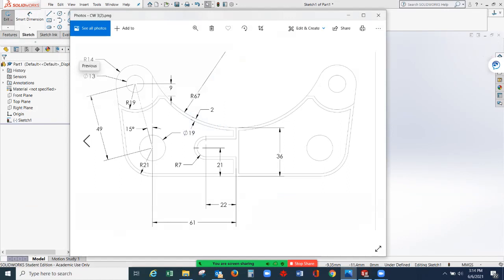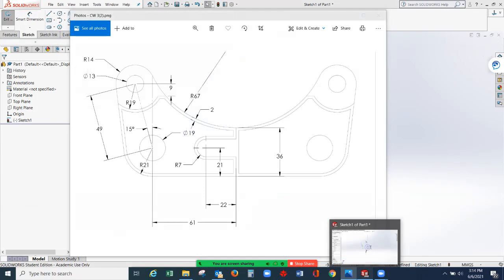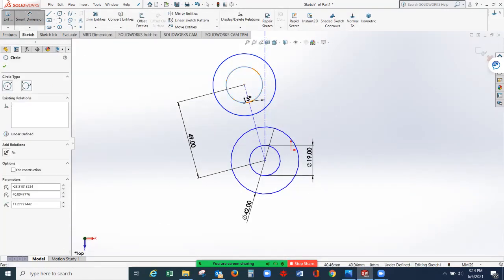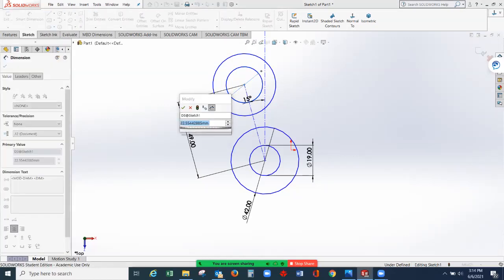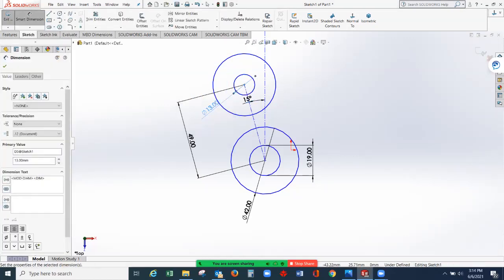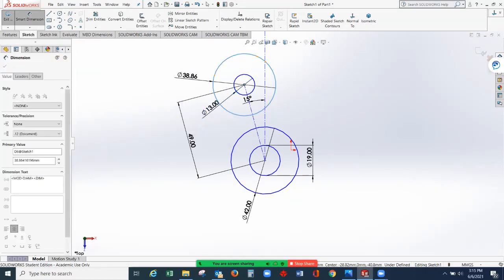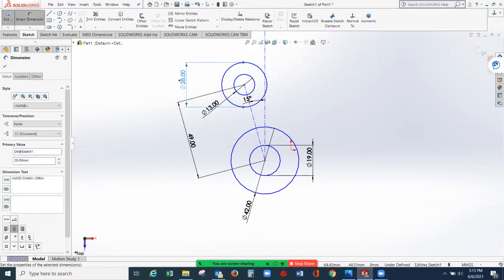This symbol is the diameter, so it's the small circle 13. And then the radius is 14. So smart dimension. The smaller one, the diameter is 13. The outer circle, the radius is 14, so the diameter will be 28. So let's say 28. Okay.